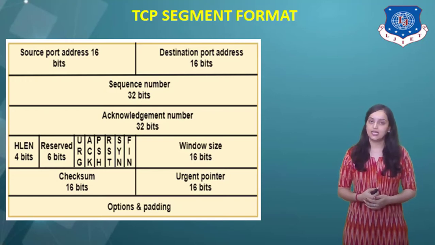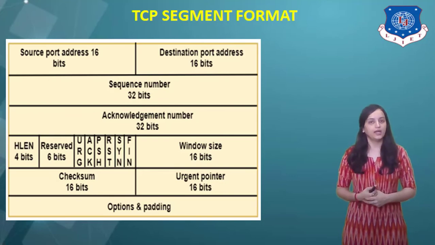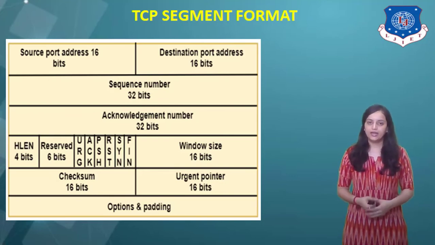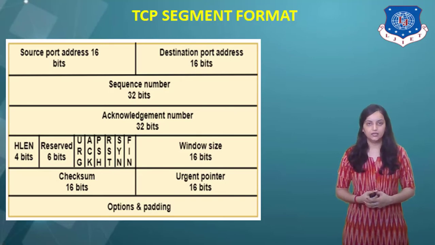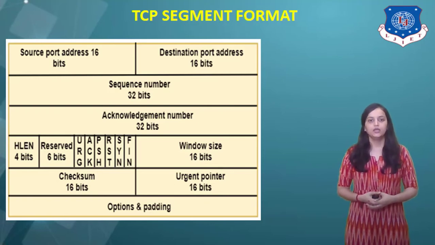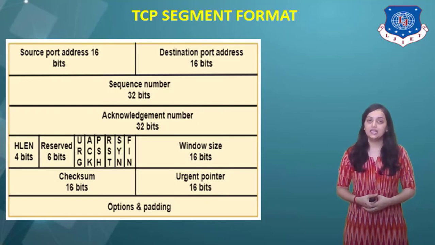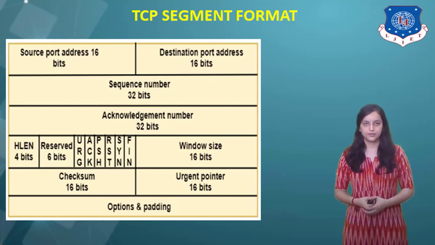The next field is ACK, which stands for acknowledgement. When the acknowledgement bit is set, that means when that bit is high, it validates the acknowledgement number. Next is PSH. The PSH field is used to inform the sender that higher throughput is needed. So if possible, data must be pushed with higher throughput. The next field is RST, which stands for reset. The reset bit is used to reset the TCP connection when any confusion occurs with the sequence numbers.